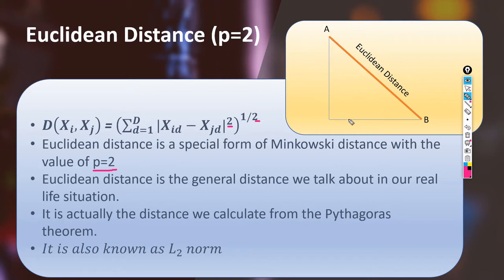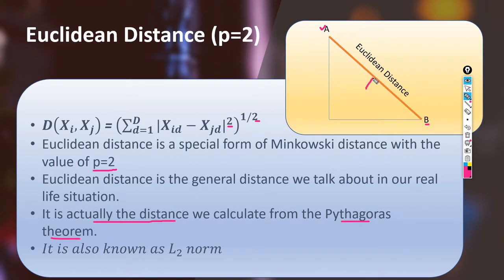Now this is a two-dimensional vector space where A is a two-dimensional vector, and B is a two-dimensional vector. If we want to calculate the Euclidean distance, this is the straight line distance between these two vectors. I think you have guessed correctly, it is actually the distance we calculate from the Pythagoras theorem.